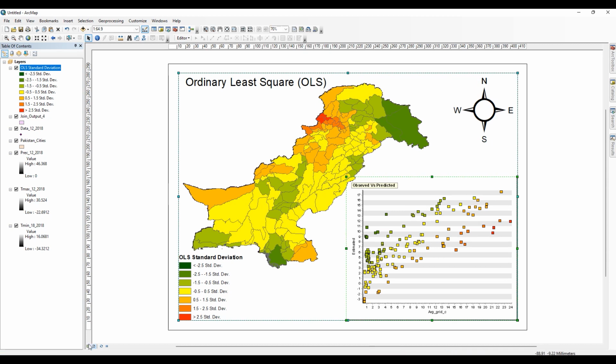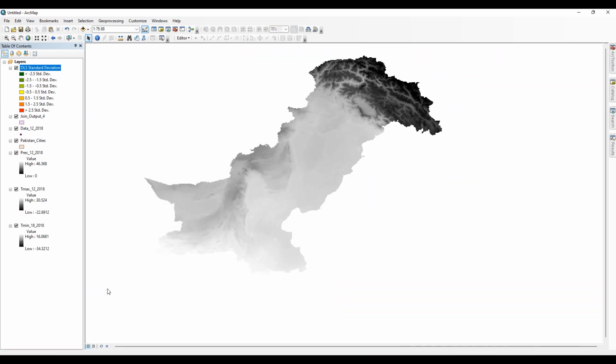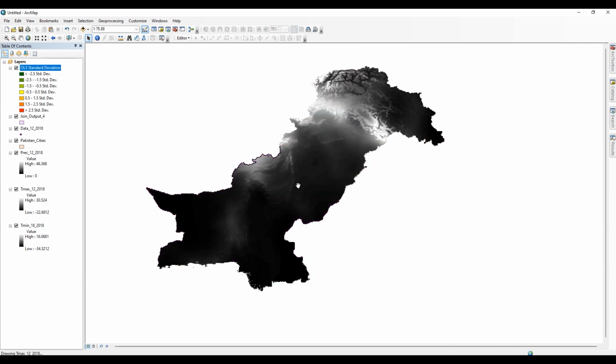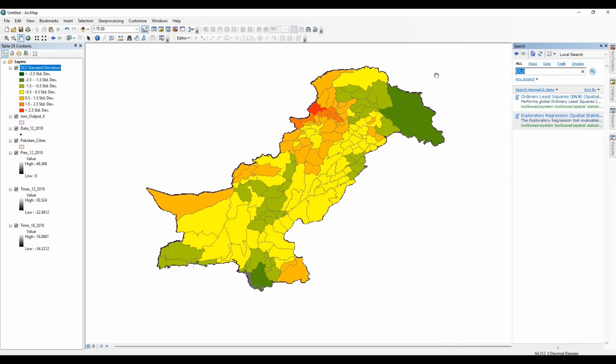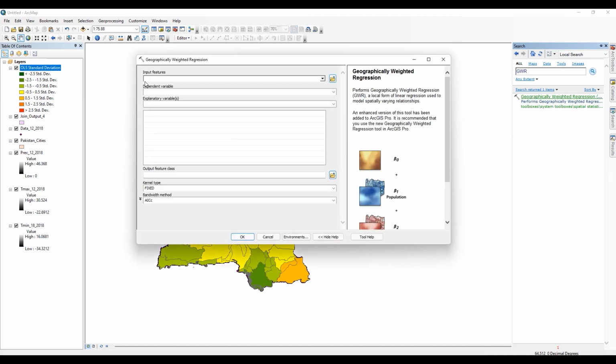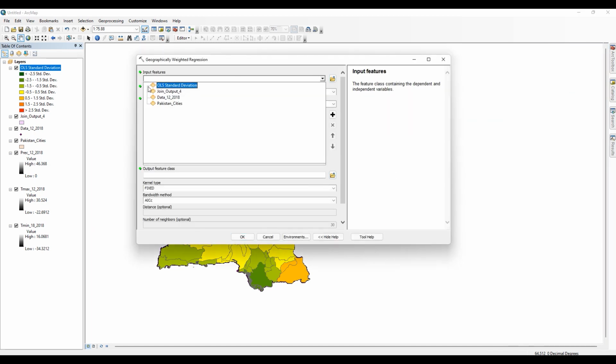Now go to the geographically weighted regression. Go to the search toolbar. Add the input feature.